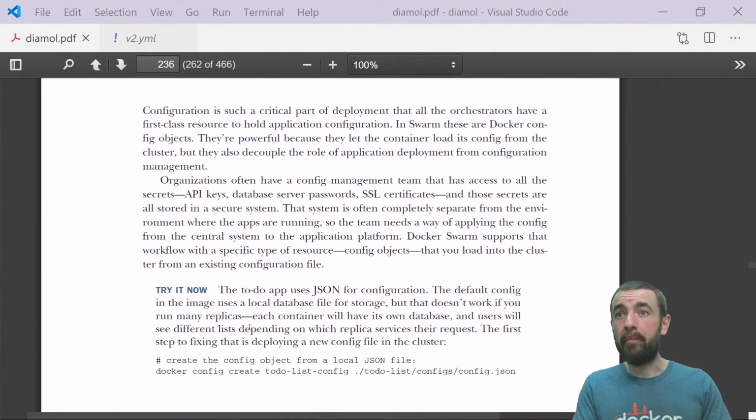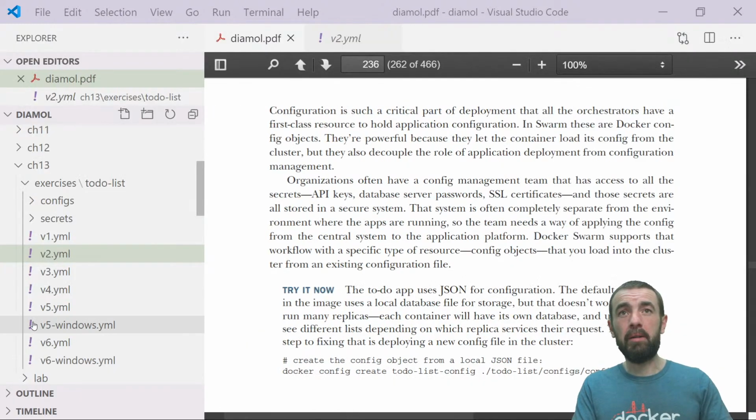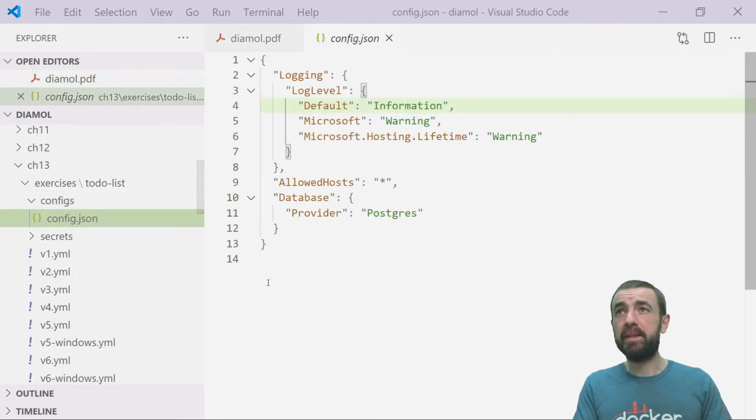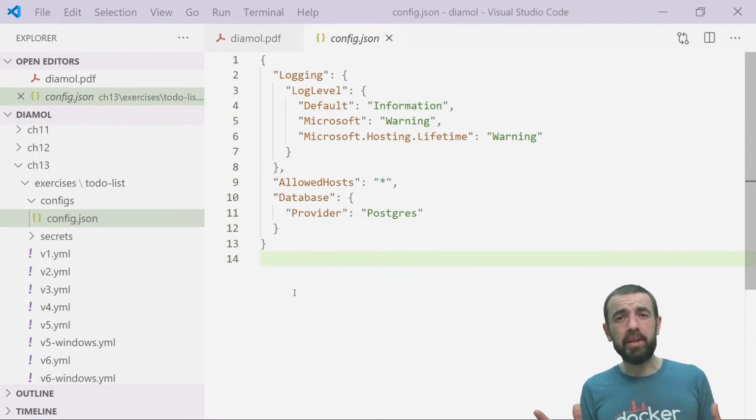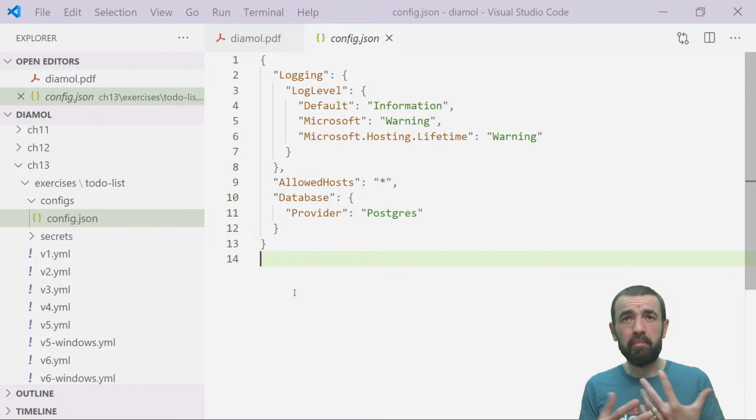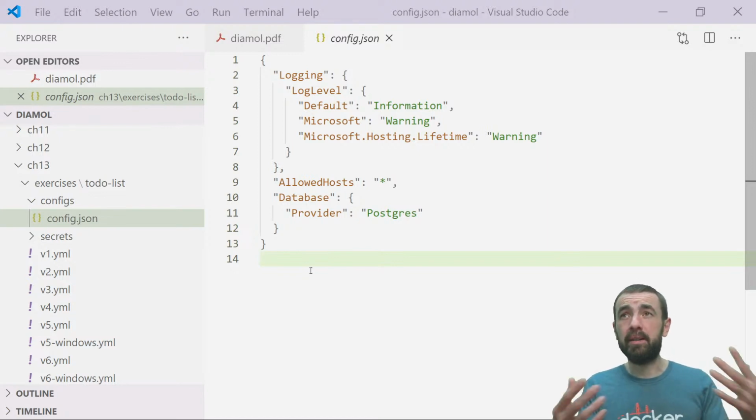So I've got a config object to deploy. So no, not that one, that one. So I've got a config object here. This to-do application is a .NET application. All the demo apps that I use in the book are all sorts of different languages, so you can kind of play around. There's Go, there's Java, Node.js, there's a bunch of different things. This is the kind of configuration model for .NET Core, which is the cross-platform .NET environment. It's a JSON file, and it's kind of just a